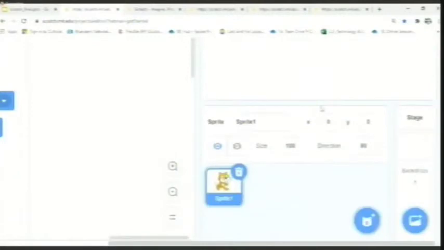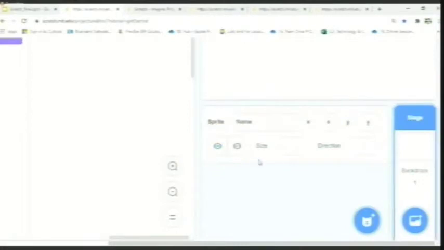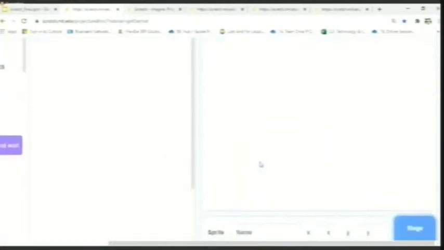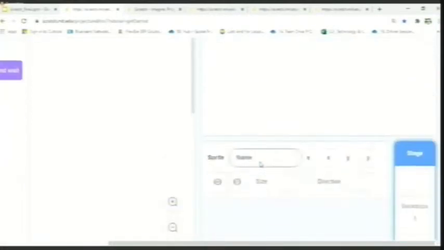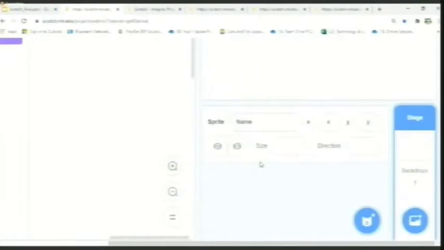So I'm going to draw down, and here I have an option for the sprite. This is the name of the sprite. The name of the sprite is sprite1. And there's something called as X and Y coordinate that we will discuss a little more later. And for now, what I want you to do is I will delete this sprite. Come back to the stage area. Now my stage area is empty. Now I will show you how to add a sprite or how to add an image or a picture onto your screen for your animations.